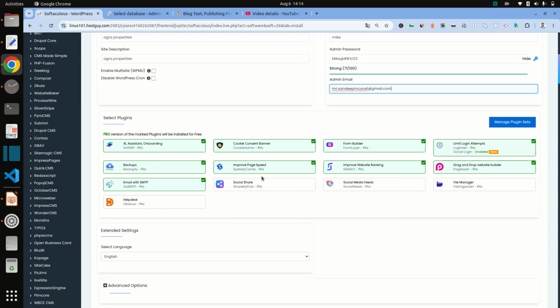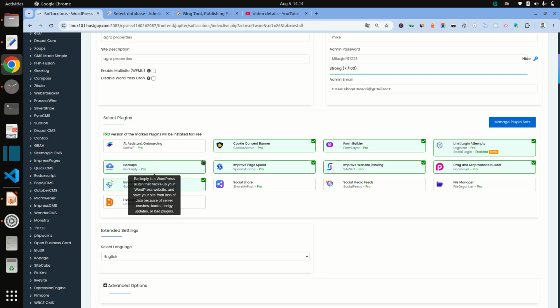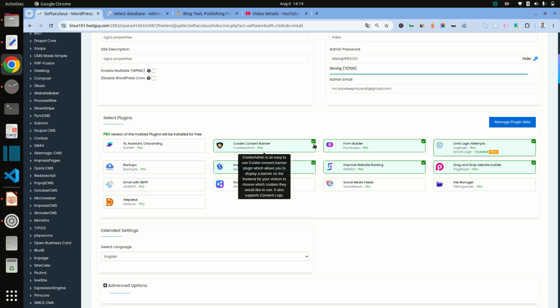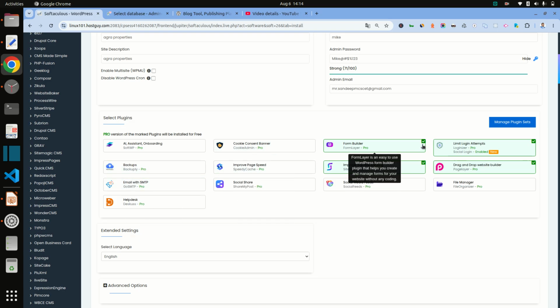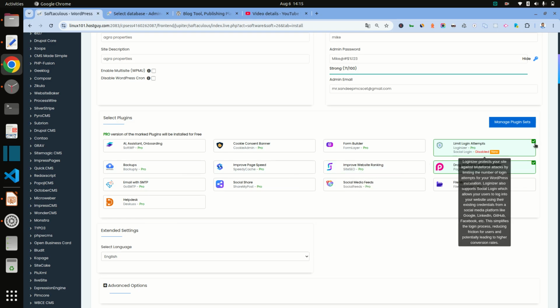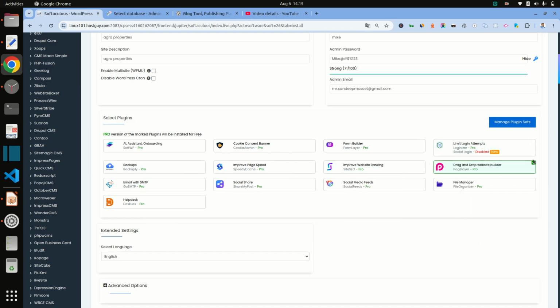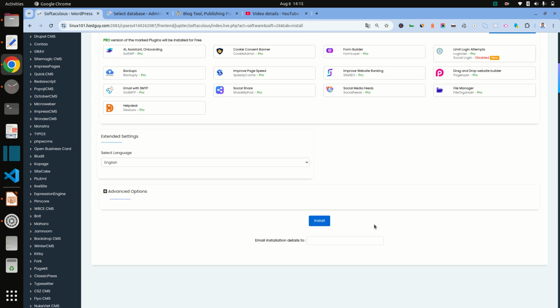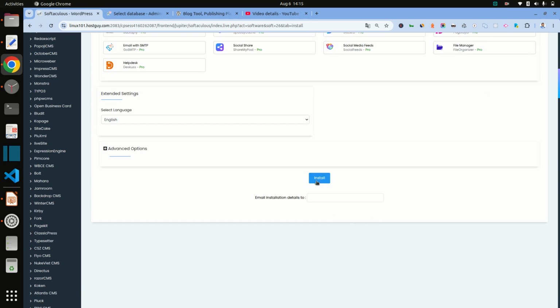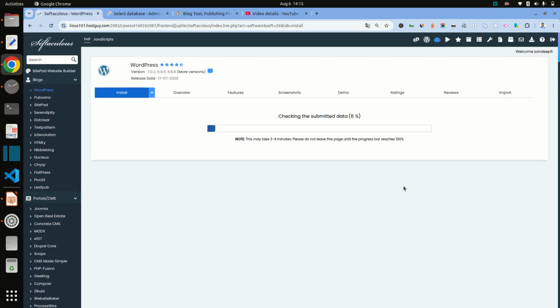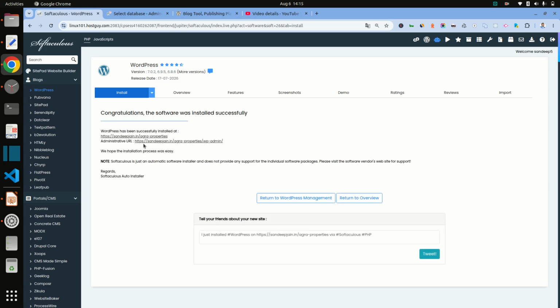Here it asks to select plugins, but I do not want any plugin, so uncheck them, otherwise they get installed, and then click on install. It takes only 30 seconds, and it is installed.